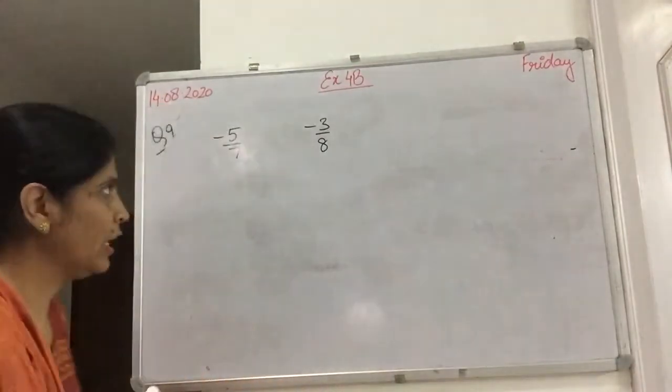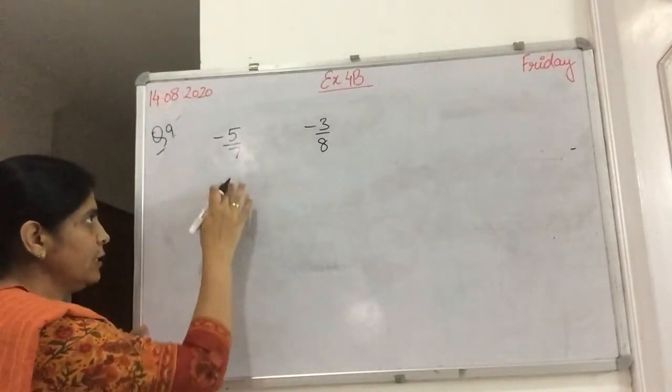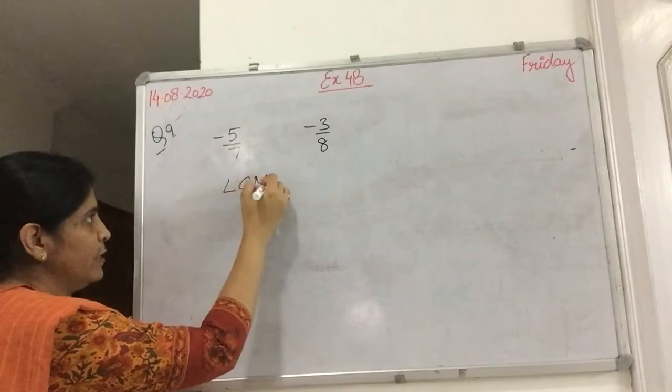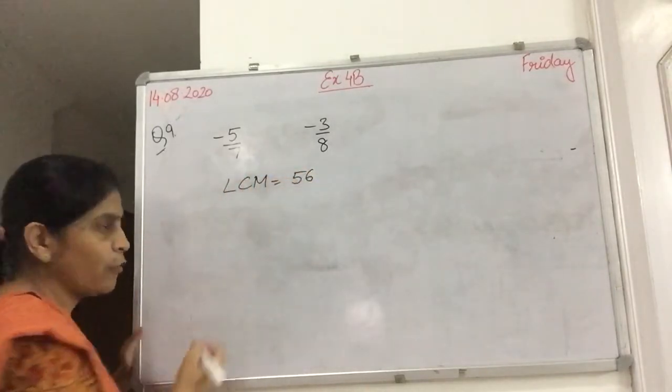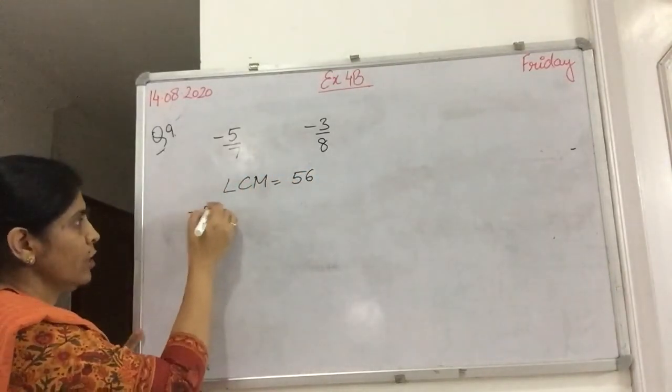So first you make them like by taking the LCM. So the LCM will be 7 8s are 56. Now we make the equivalent fractions. Minus 5